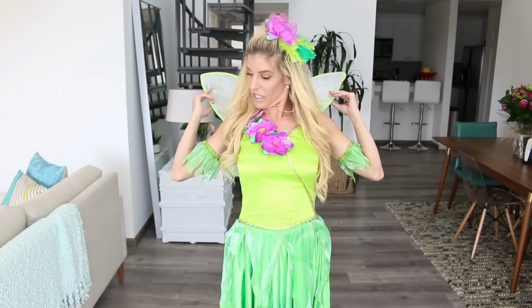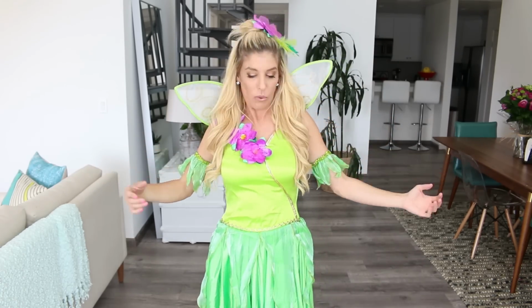This green, I actually really like. I think it pops a lot, but unfortunately these wings are just hard to get comfortable with. I like the touch of the hair clip. Where is it? Right here. Very easy, very comfortable. I don't know if it's worth $50, but Tinkerbell I feel like is